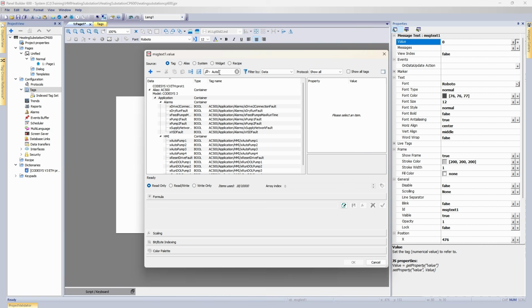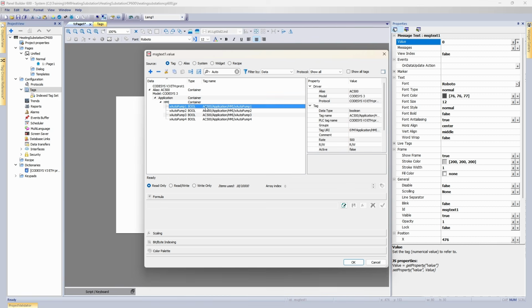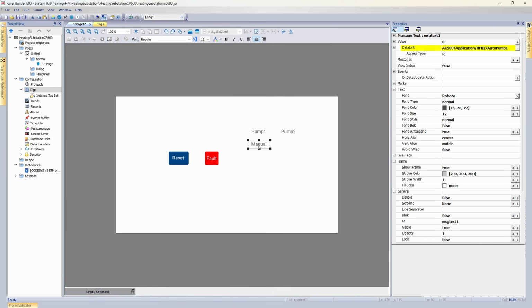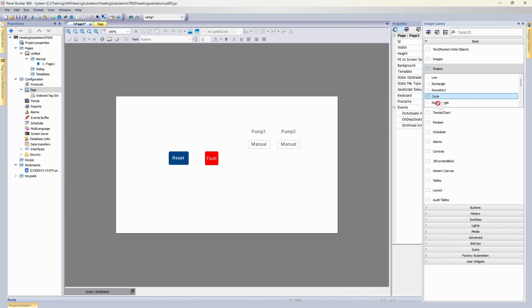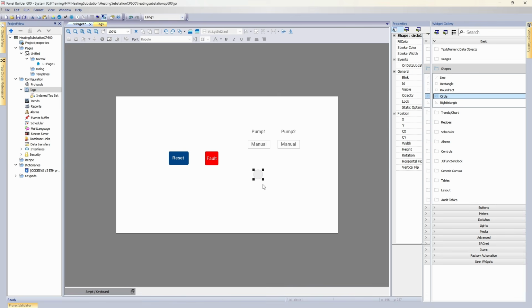Now link the widget to the actual tag, xAuto_pump1. For pump 2, simply duplicate the widget and update the data link to the corresponding tag. Next, let's show whether the pump is actually running or not. While we could reuse the light widget from before, for learning purposes, let's create an indicator using a basic shape,